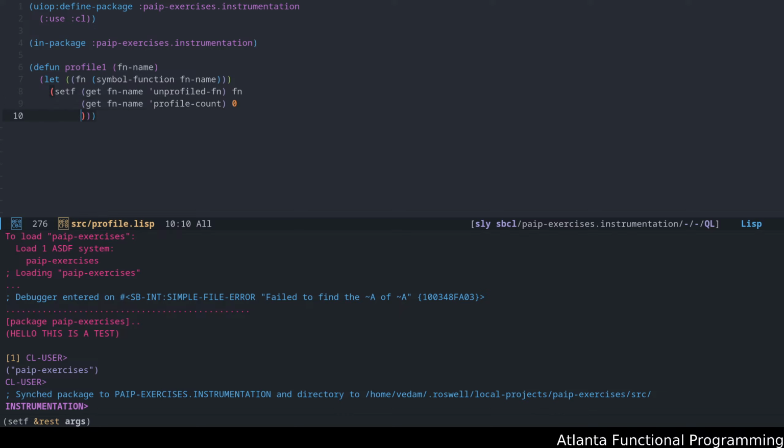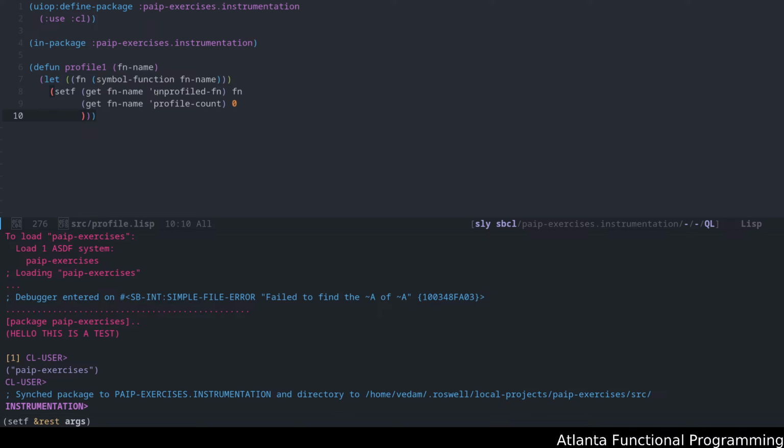Okay, so we now have the unprofiled function. So when we want to unprofile, we have the profile count as well. We want to also keep track of the profiled function. We need to now actually create the profiled function. What this profiled function will do is every time you invoke the function, it will update the metadata profile count.